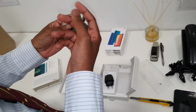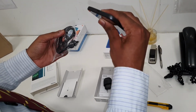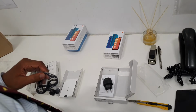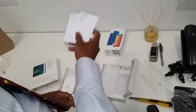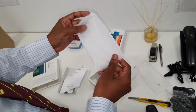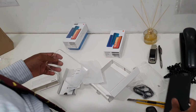And it comes with your regular earbuds. Because it's a cheap phone, it's not a high-end phone. It also comes with a 3.5mm jack, right? And then the user manual that nobody's going to read. And the thing I like about cheap phones, it comes with this protective case for free, so you can protect